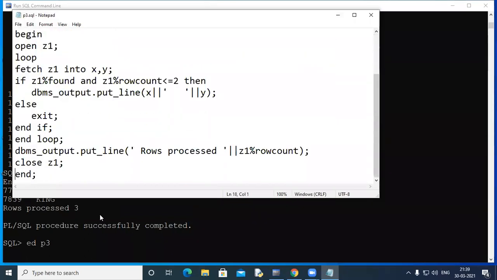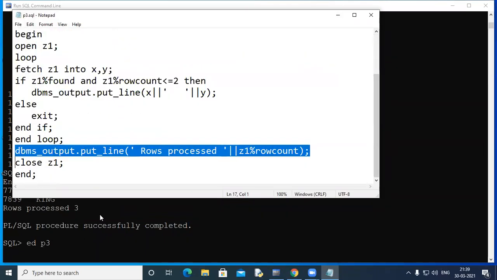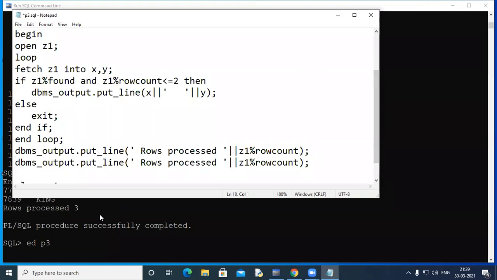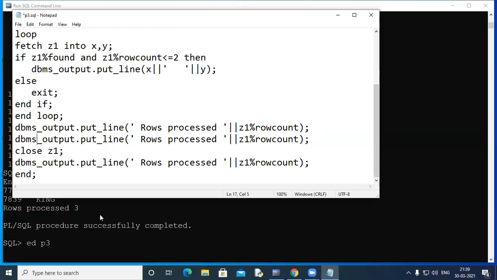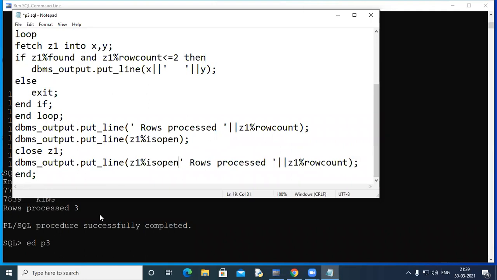And then the attribute is open. You can also check here is open, whether the cursor is open or not. So if the cursor is open, it will display. Let's see. Let's see whether it should be something like a true false sort of thing. So let's write like this here. It might not work, but let's see. It needs to be worked with an if statement, I suppose, but let's see if it works like this. So I'm just displaying whether the cursor is open or not.